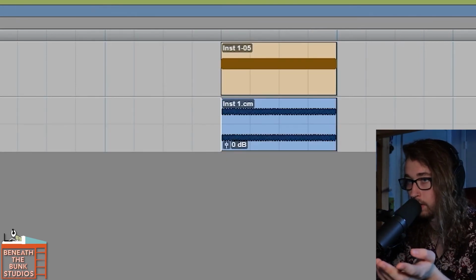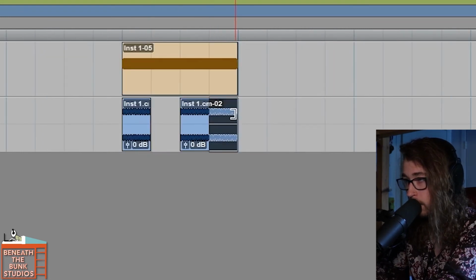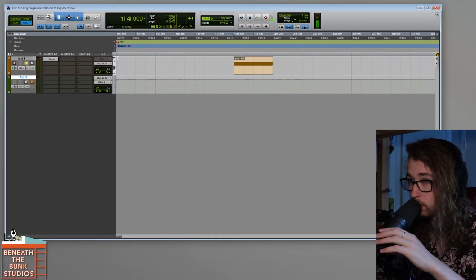And then just like that, I have exactly what you just heard in audio form. So I'm free to make changes easier. So let's say maybe I want a stutter effect. Now I have this. The next and final Pro Tools feature that I think every Pro Tools user should know